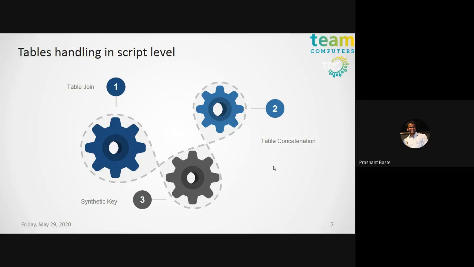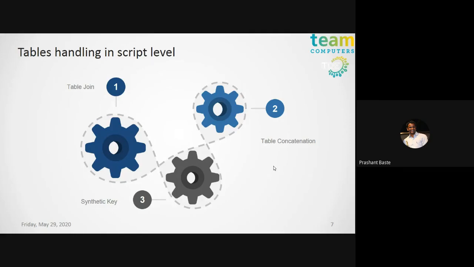If I talk on a very top level, you will find concatenation in scenarios like when you are concatenating two datasets, such as history data and current data. Whenever you are implementing incremental loads, you concatenate the incremental data with the history data. There you cannot apply joins. But in stage 2 and stage 3, the majority of the time we have to use joins, because in those cases we are applying the relationship between two tables.